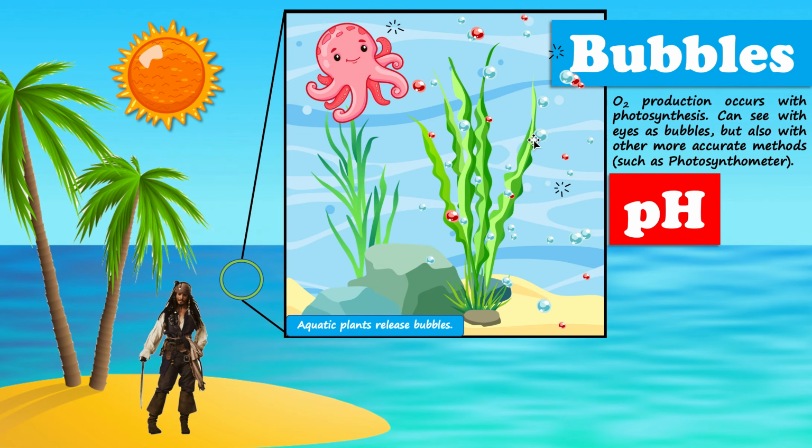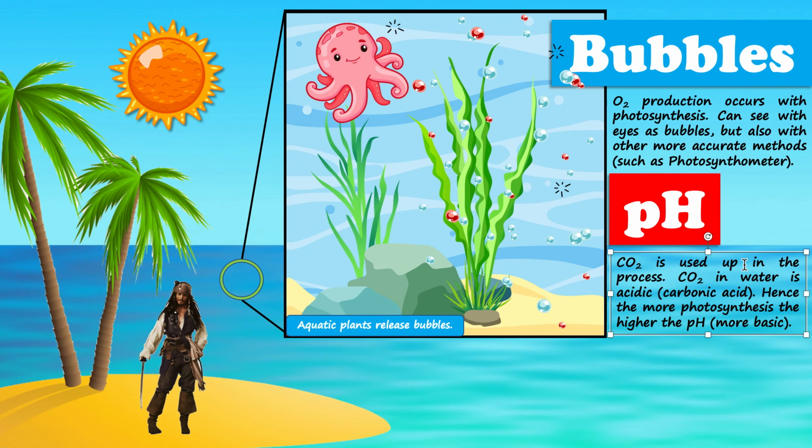So if this plant keeps on removing carbon dioxide, what does that mean in terms of the pH surrounding in the water? So if there's a lot of carbon dioxide, the pH is very low because it's acidic. But if this plant keeps on removing the carbon dioxide, it's going to make the surrounding pH higher because it's removing carbon dioxide, and carbon dioxide is acidic. So if you remove this acidic thing, the surrounding area is going to get more basic, more alkaline. The pH will go up, okay?